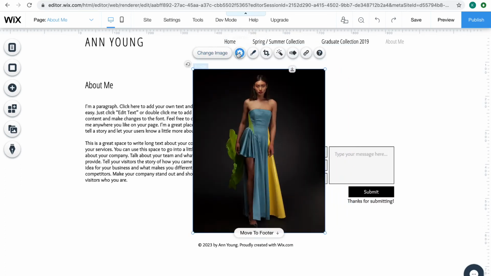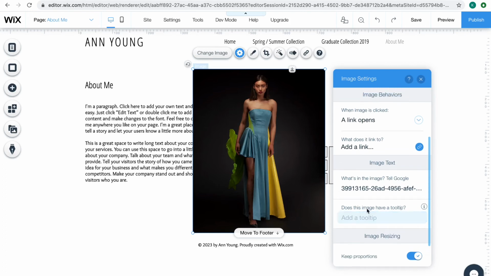And this is where you can change bits and bobs. So what happens if you click it? What's in the image? Tell Google. That's quite handy. So that's working with your SEO. So this was a shoot for Atelier, so I could put Atelier, I could put UCA,